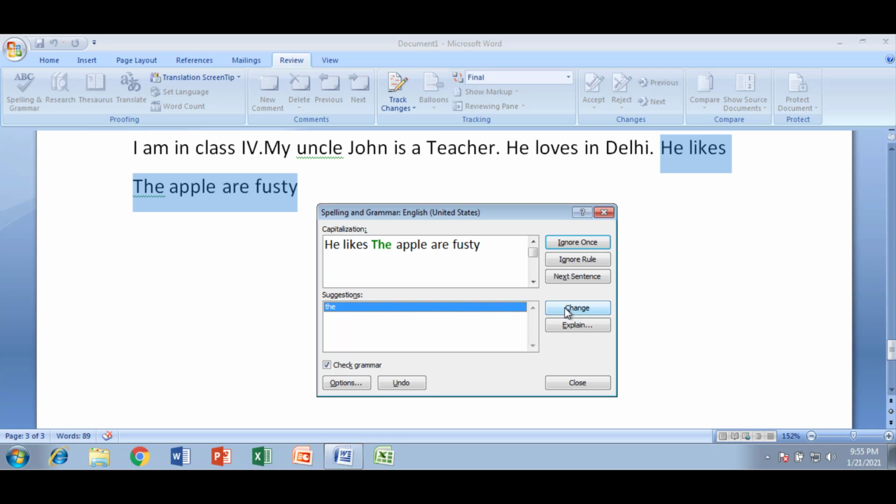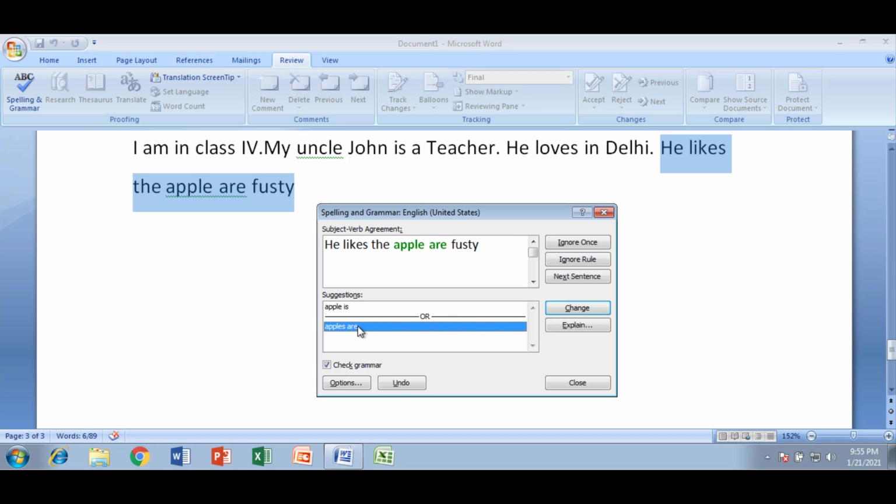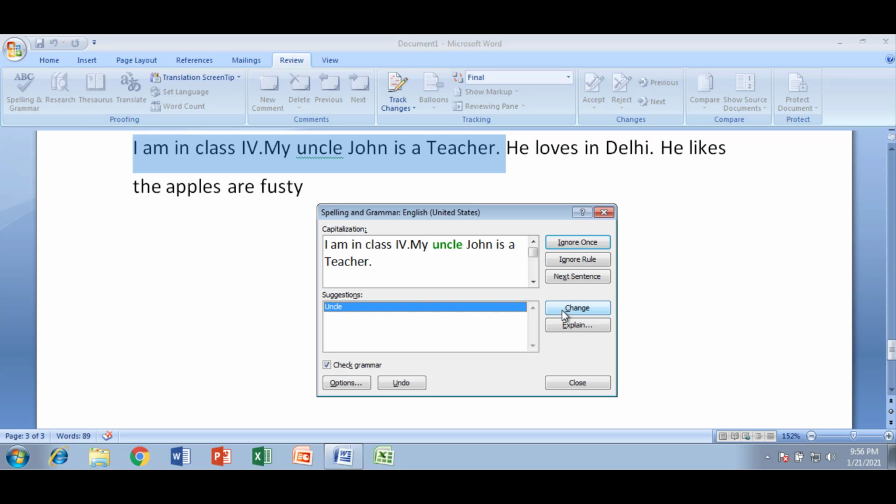Here you can see the green wavy line under "the". That means it gives you a grammatical error. If you want to change it, click on Change. Here you can use "the apple is" or you can use "the apples are". So I'm going to choose the second one and click on Change. The same is available for "uncle" also.